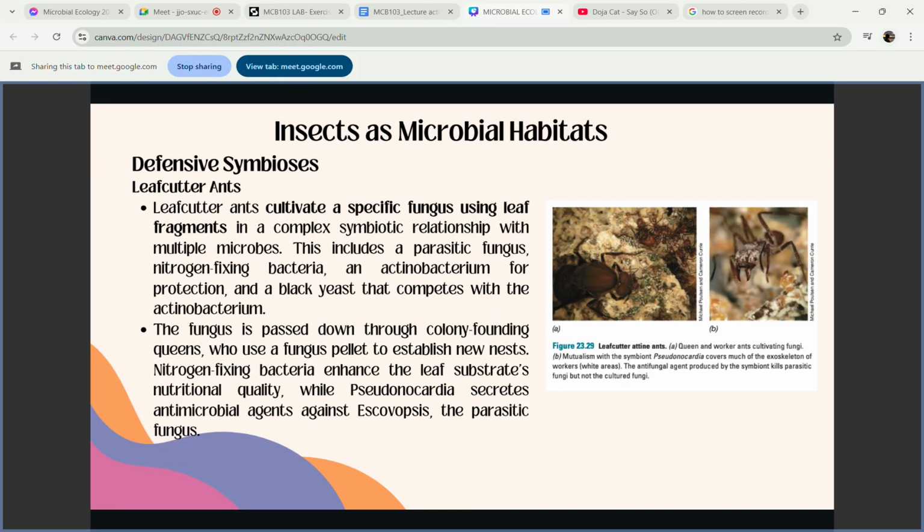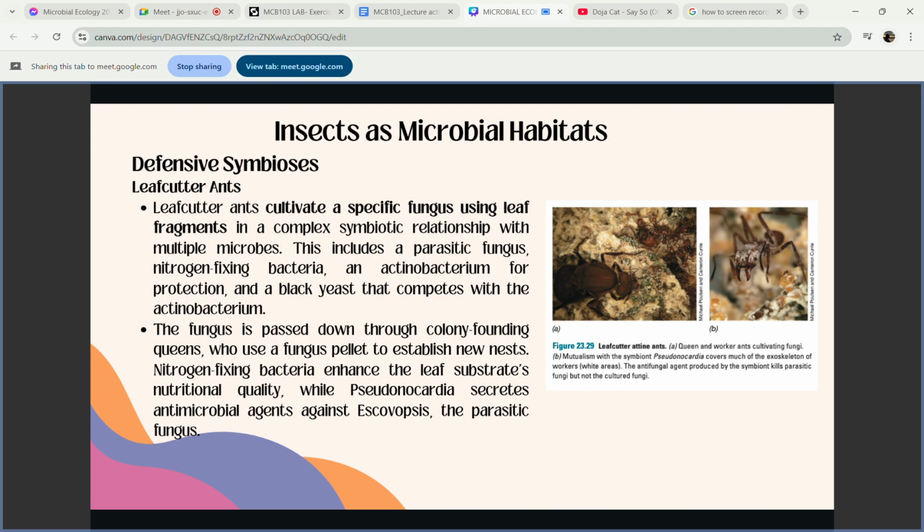So other defensive symbiosis includes the leafcutter ants. They cultivate a specific fungus using leaf fragments in a complex symbiotic relationship with multiple microbes. So this includes parasitic fungus, nitrogen-fixing bacteria, an actinobacterium for protection, and black yeast that competes with the actinobacterium. So the fungus is passed down through colony founding queens who use fungus pellets to establish new